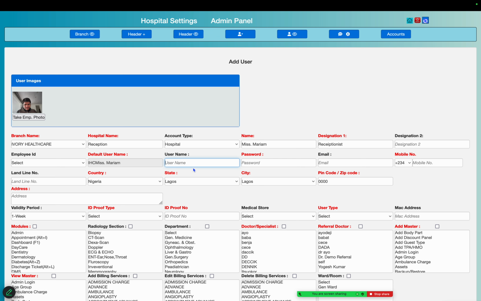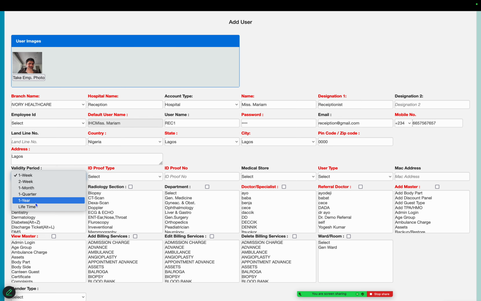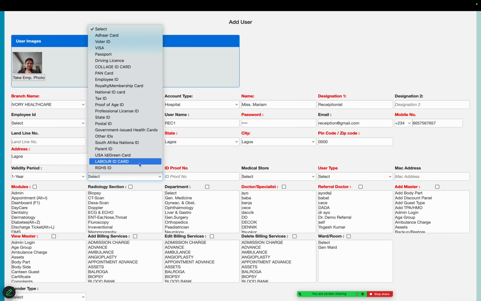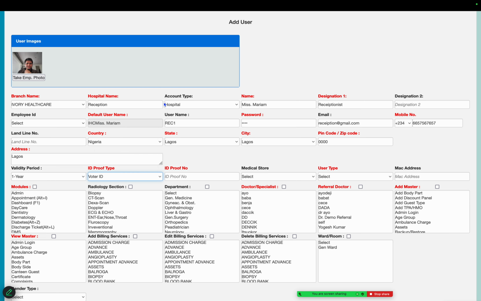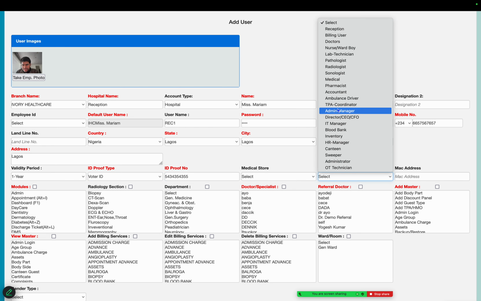So we go here and we make the user ID and password REC1. Okay, REC1 for example, and reception at gmail.com, like this way, and we put the address here, like this is Lagos, and the duration of the particular user, and the identification number of this employee, and we select the type of user as receptionist.